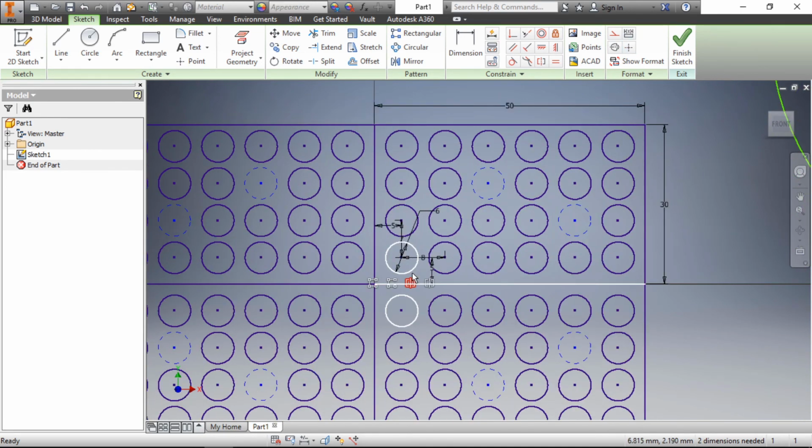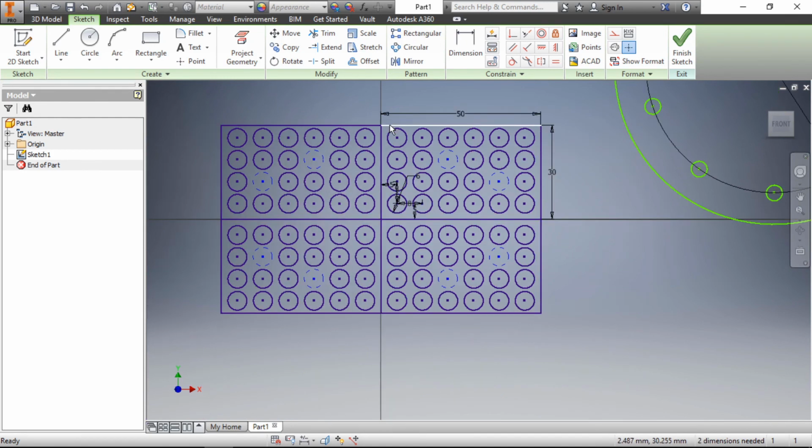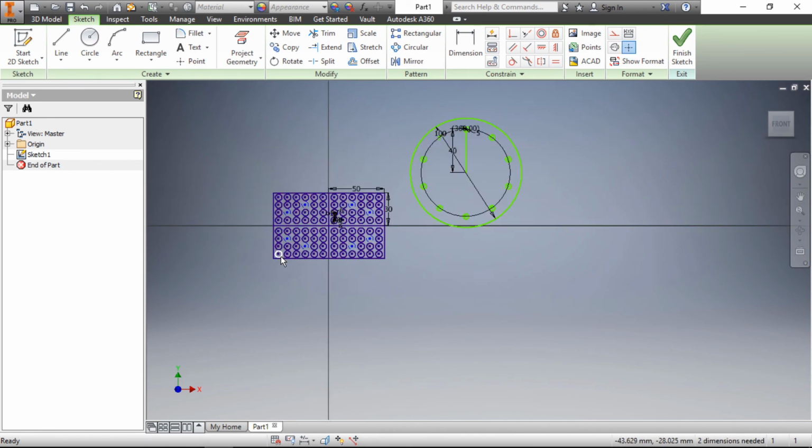Then we created a rectangular pattern in the x direction as well as in the y direction, with respect to the x axis and the y axis. I hope you understand very well how the rectangular pattern, circular pattern and mirror command function.